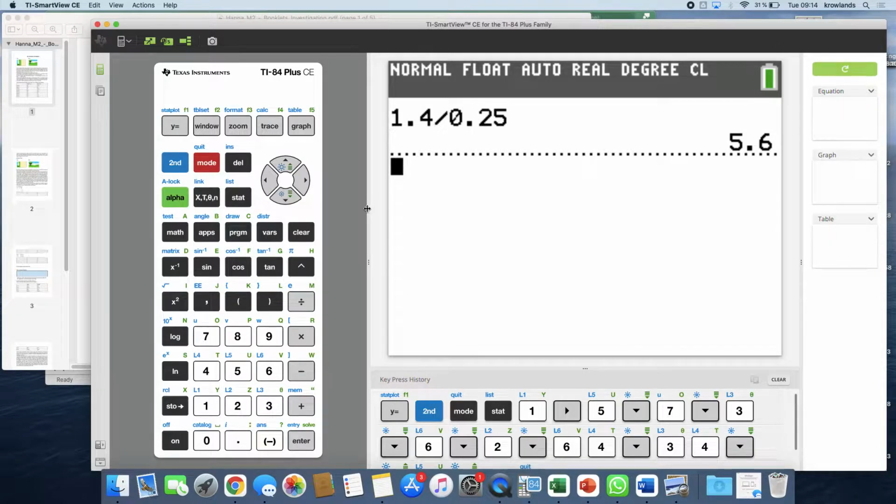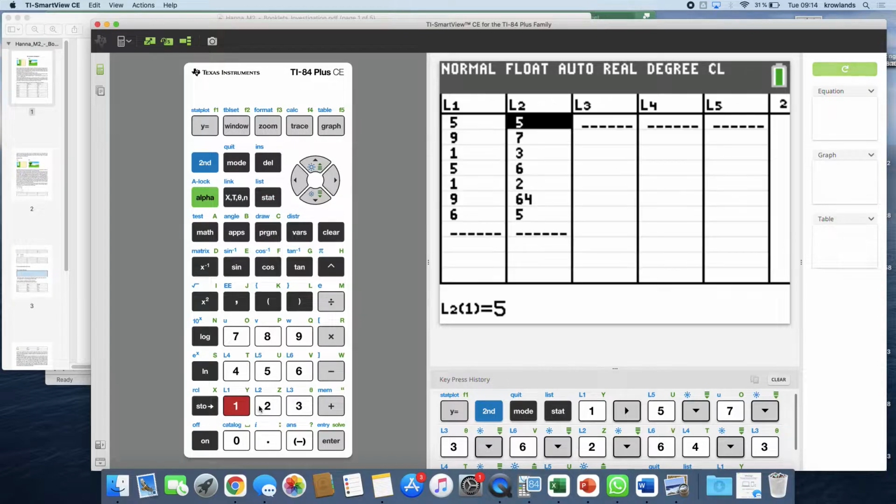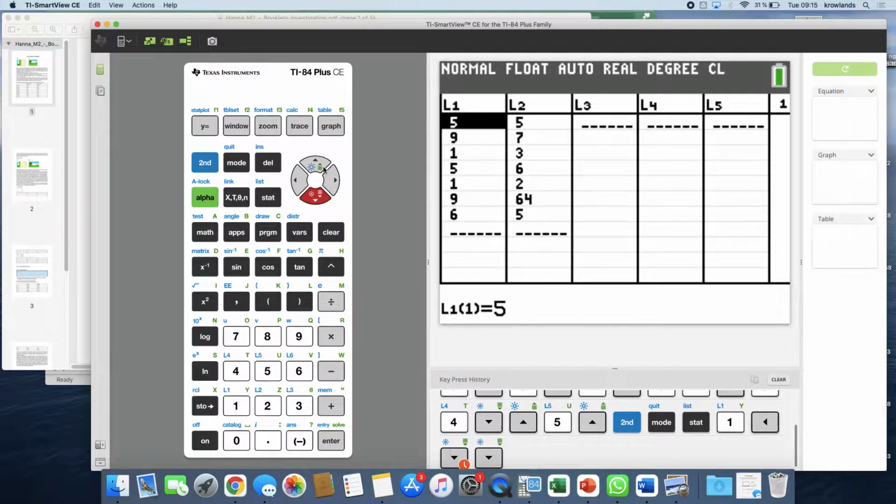Stats in your IA, if you're doing a stat IA. The first thing I would do is go into stat and click edit. You're going to put information into list 1 and list 2. Ideally, you should have 40 bits of information in list 1 and 40 bits of information in list 2. Now,